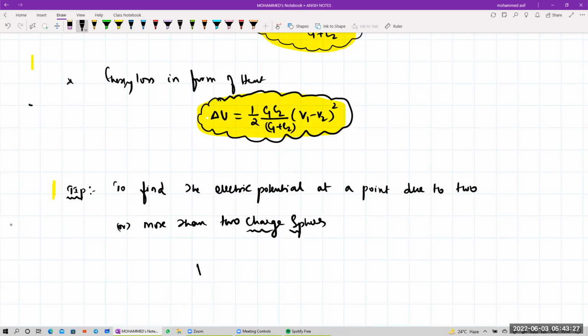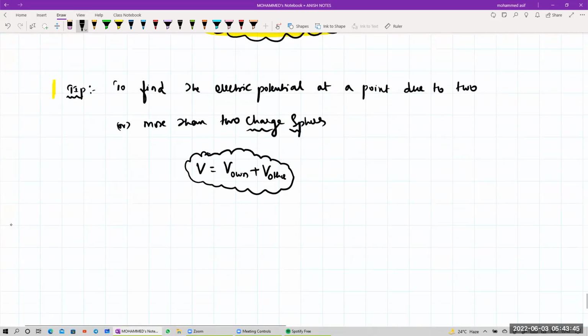So potential is calculated with the formula V is equal to potential due to own plus potential due to the others. Last year also this formula was asked in many shifts. V is equal to potential due to own plus potential due to others. Okay. Yes, sir. Now for your spherical shells,